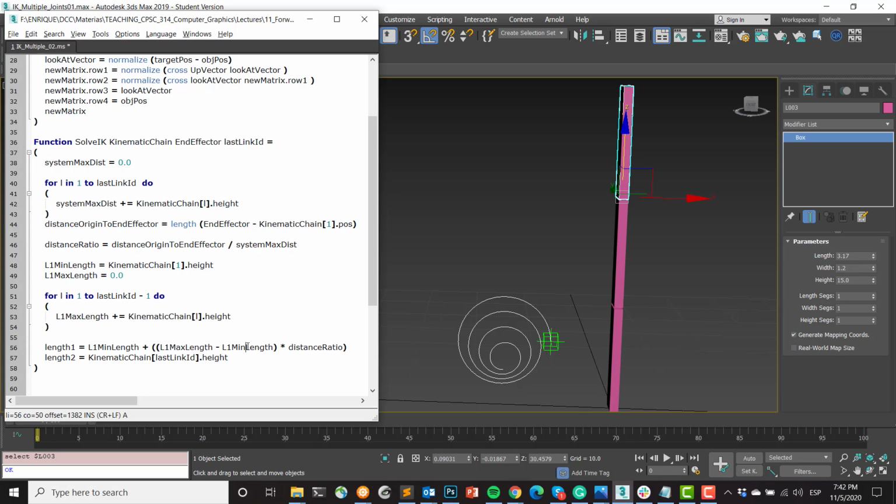So the maximum minus the minimum, times the distance ratio. Basically, the maximum minus the minimum is its range, and that range needs to be multiplied by this distance ratio. In that sense, the virtual links will adapt to the actual distance from the end effector to the origin. And that will be the length 1. That will be the length of the first link that we will compute, from which we will compute the inverse